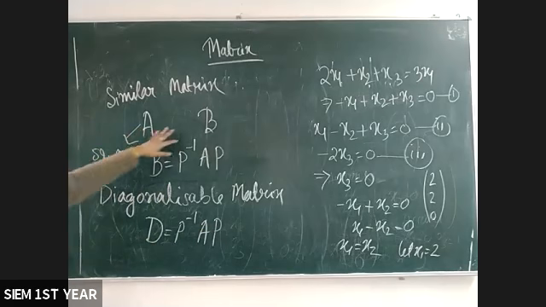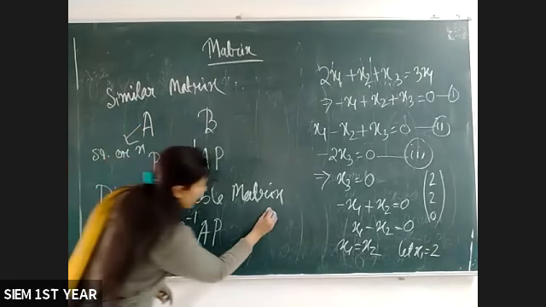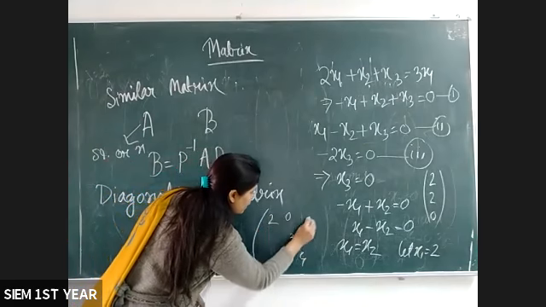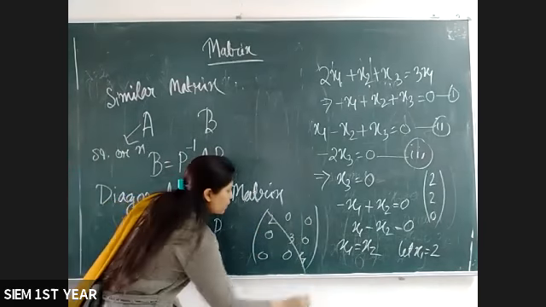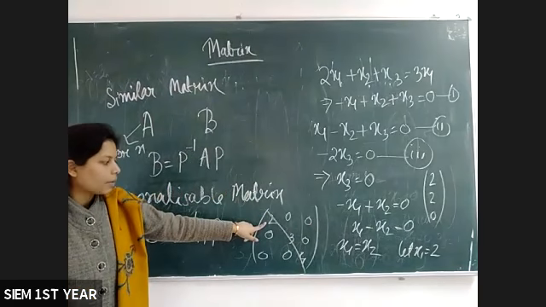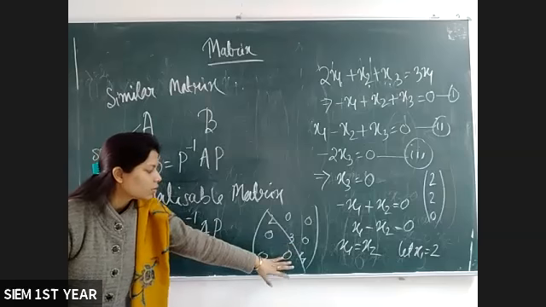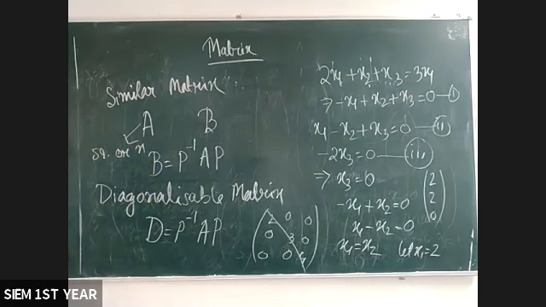Same concept here. B is any normal matrix, and here B is diagonal. You already know a diagonal matrix means this. Suppose this is 2, this is 3, this is 4, and the remaining elements will be 0. It's only the principal diagonal elements that are non-zero. Sometimes one of these can be 0. Suppose this is 0, 3, 4, but since the other values are non-zero, this is also diagonal. So I hope the concept is clear to you.